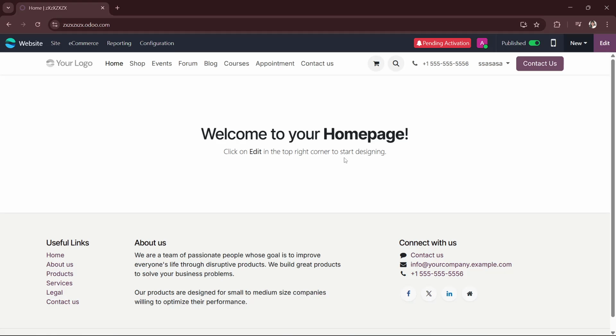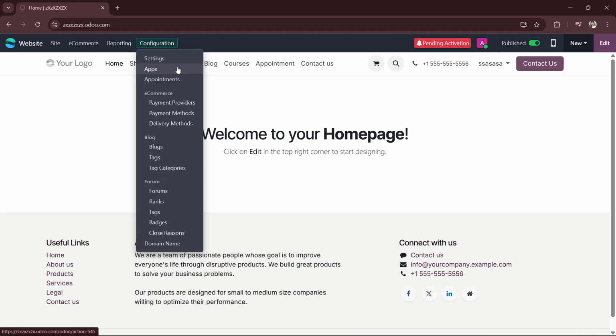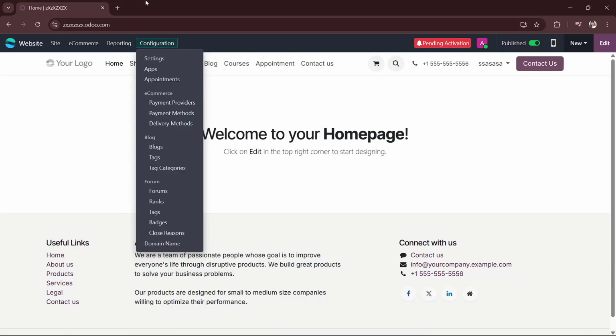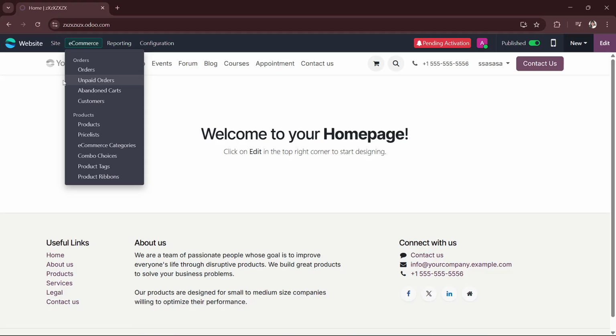Once you're here, you will go to configuration and then click apps, which is right here, and wait for it to load. Once you're here, make sure that your e-commerce is already installed. And if you've installed it already, go back here, and then next,